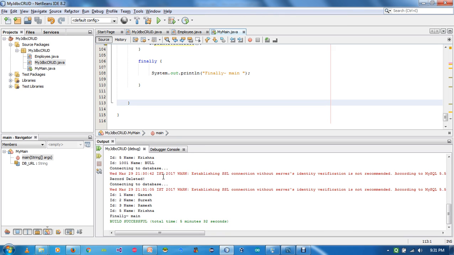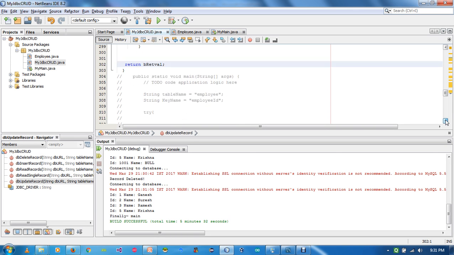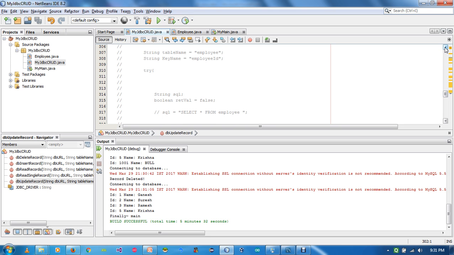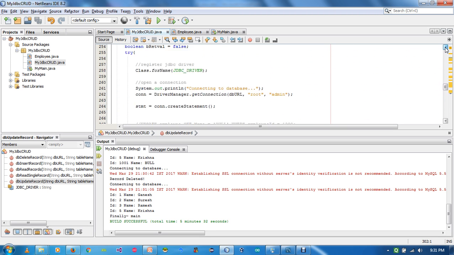So that's the way the working of the complete CRUD operations for JDBC using Java has been shown. Once again I will repeat, this is a CRUD operation, and I will quickly show you delete because I executed delete without going into stepwise execution, since it's a simple program.